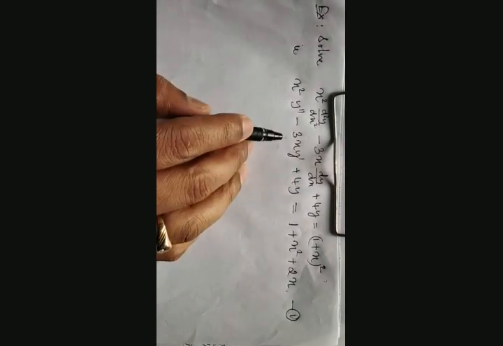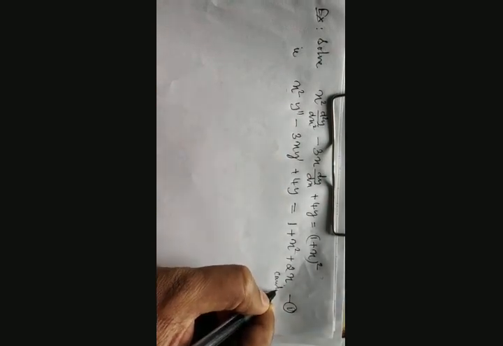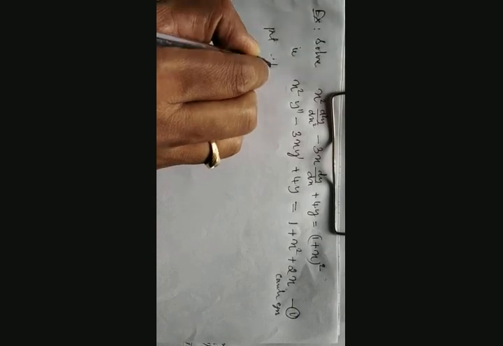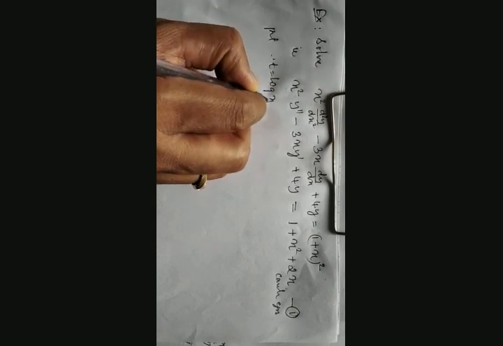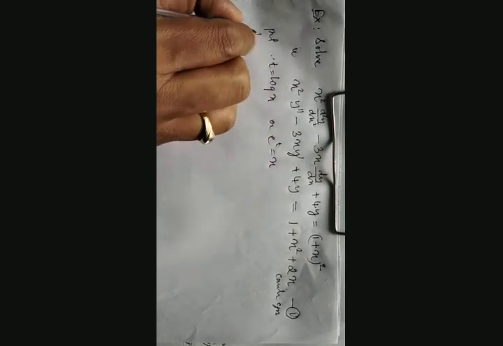Then, is it Cauchy's linear equation or Legendre linear equation? We need to understand. If you look into this, it is Cauchy's equation. If it would be Legendre, then it would be in the pattern of ax plus b as a coefficient. Here it is not there, only x square x terms are there. Therefore we go for a substitution. So put t is equal to log x, or e raised to t is equal to x.